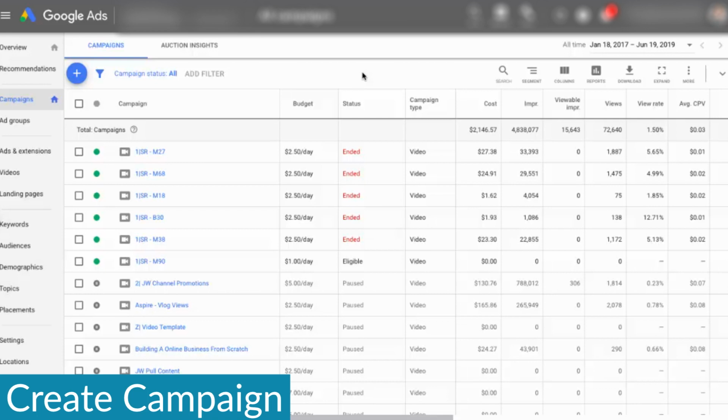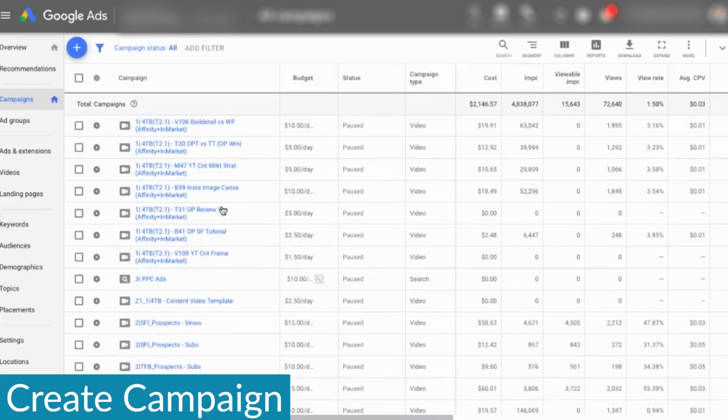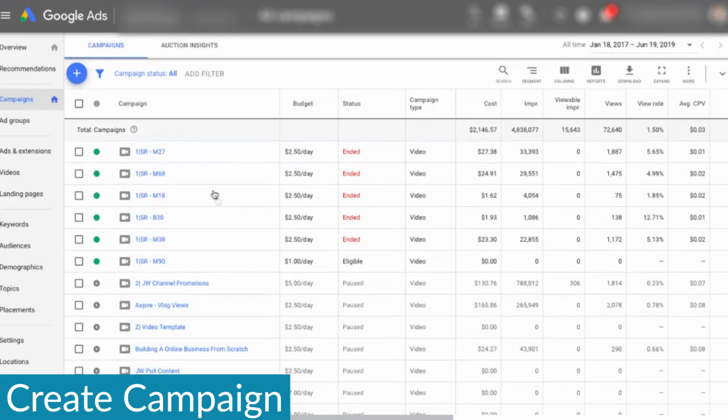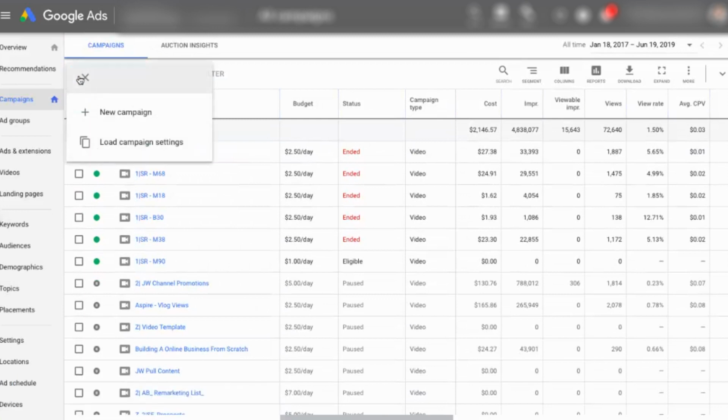So you'll go into your Google Ads account and you'll navigate to campaigns. You see here I've selected campaigns on the left-hand side, and all of the campaigns you've set up in the past will of course show up here. If you're just setting this up for the first time, this is going to be blank. You won't have a long laundry list of campaigns as you see I have here. So we're just going to go ahead and click on this blue plus button and click New Campaign.